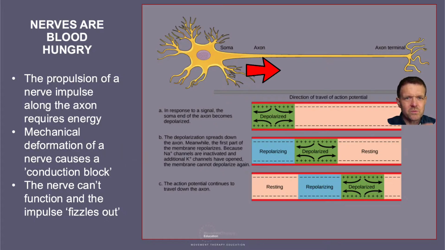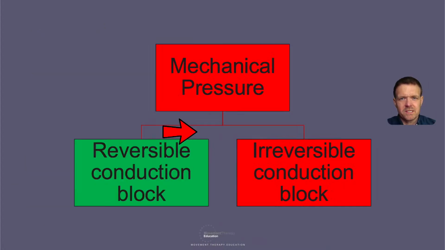So that's what can happen when a nerve is either compressed or the blood supply is interrupted. So we've got mechanical pressure on the nerve, and then we've got a conduction block, so something stopping it. And there are two types. We've got a reversible one and an irreversible one. And I'll talk about these and then we'll call it a day from there, and then we'll pick up next